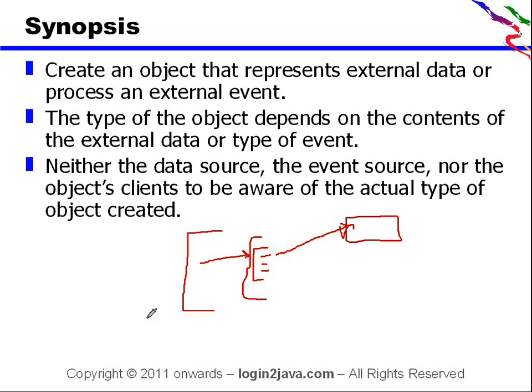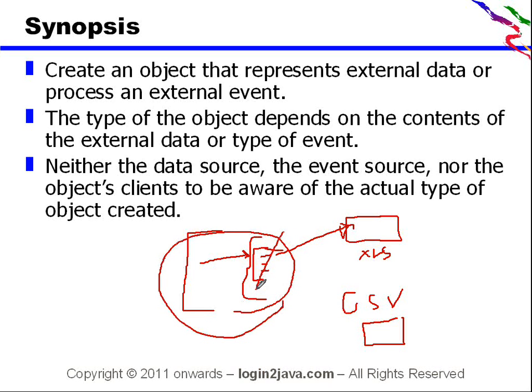So what will happen if there is a new requirement to work on CSV files? This is your Excel file, and now there is a requirement to work on CSV files. You need another jar, and maybe some more different types of files that you need to work on, maybe PDF also. So you need to convert your data into Excel, then CSV, and then PDF. So this type of coding is not good enough.